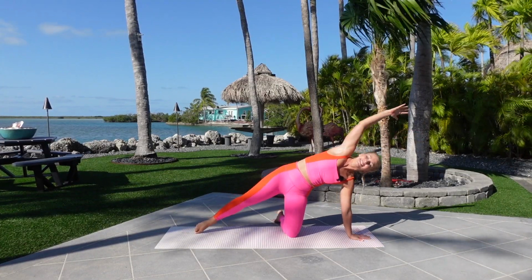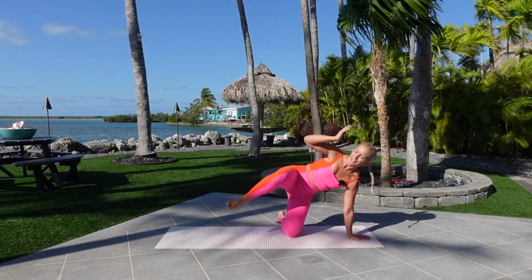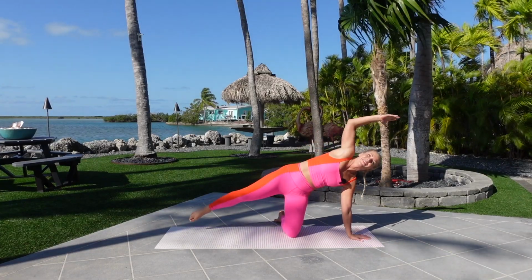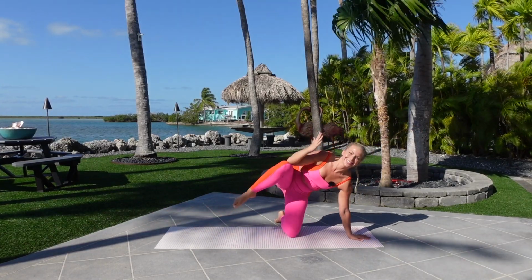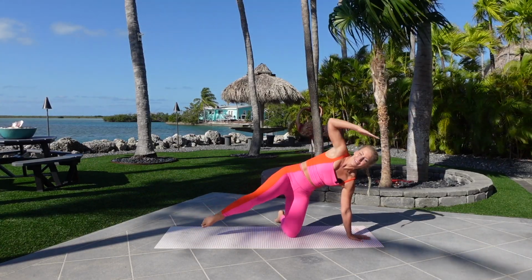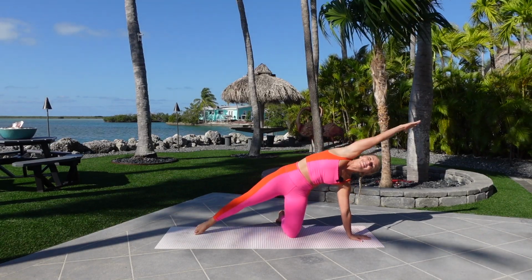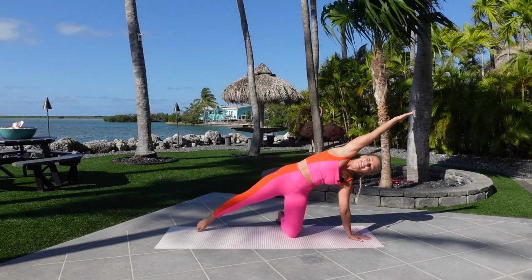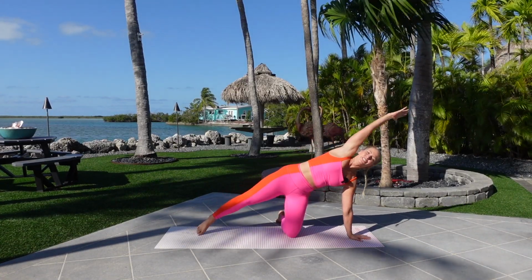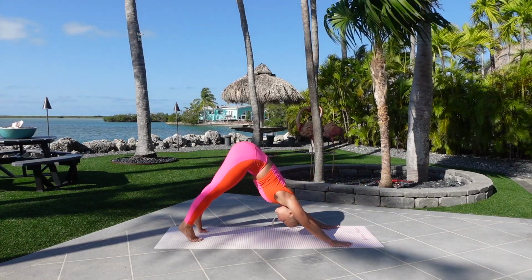Inhale. Exhale, lift up, elbow to the knee. Inhale, reach. Exhale, lift. We have 8 more. Pull it and reach it out to elongate. Just for 5, 4, 3, pull, 2, pull. 1 more time, reach out, rotate back to a plank position, pike your hips up and